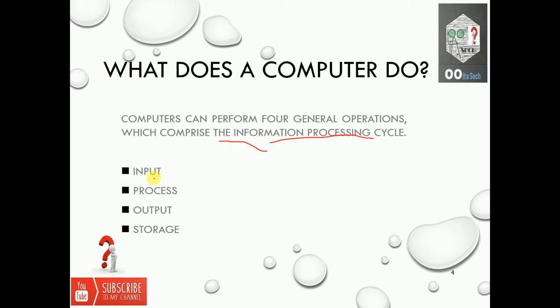See, this cycle is based on this information process: input, then process, then output, then storage. In the previous slide we learned input, you give whatever input, then that will be processed by computer, then computer will give output. For future if you want to save, that is storage. We will learn about the storage very particularly in details in the